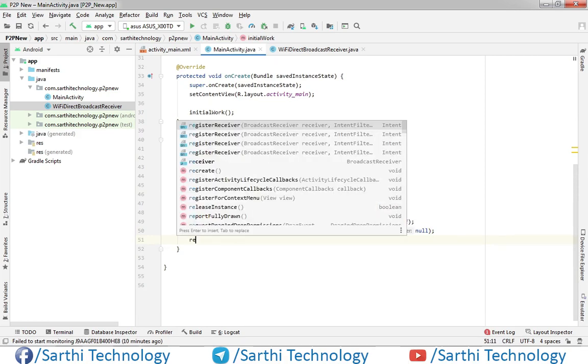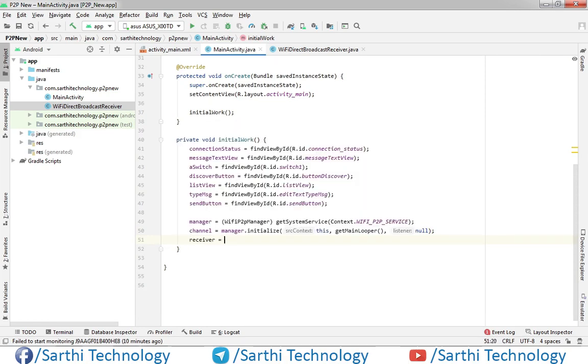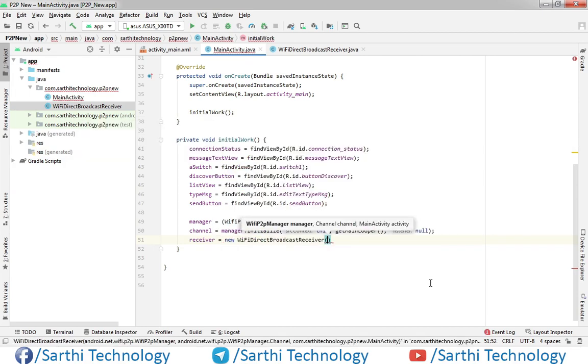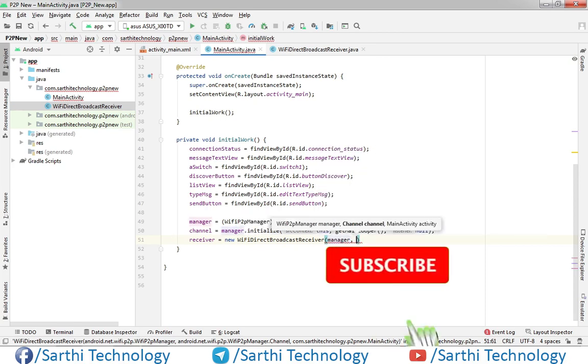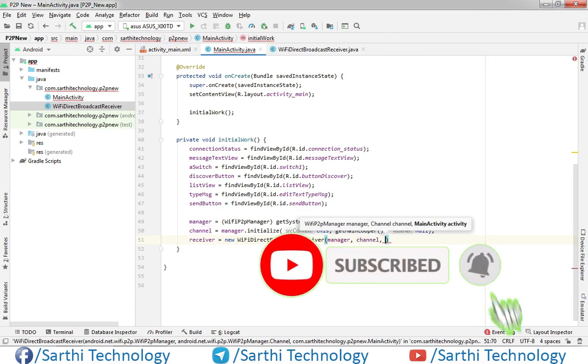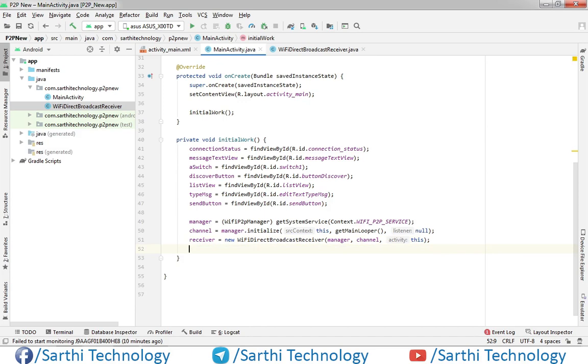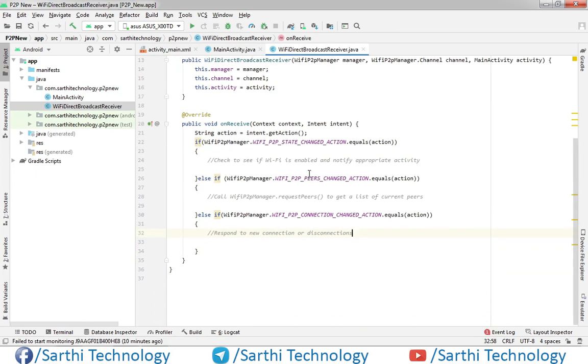Now receiver equal to new Wi-Fi direct broadcast receiver, and first we will provide manager, channel and this. Okay, now the intent filter equal to new intent filter. Now we need to add action for these three intents.